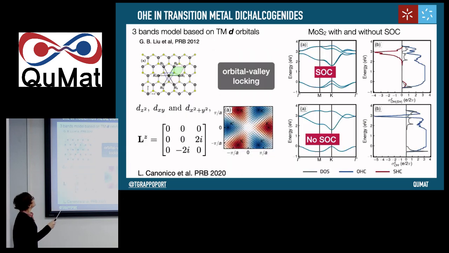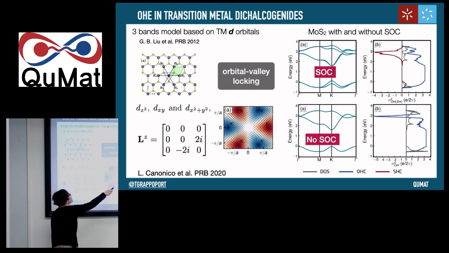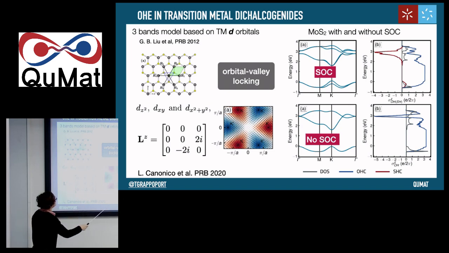So let's begin with a very simplified tight-binding model for TMDs that works quite well close to the band gap. And this is the L_z operator in this basis here. We can calculate the energy spectrum with and without spin-orbit coupling. And if we look at the valence band, doesn't matter if they are split or not, and you look at the